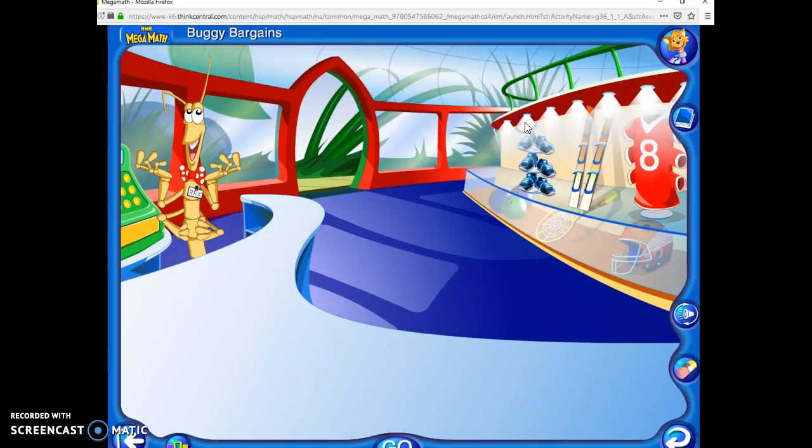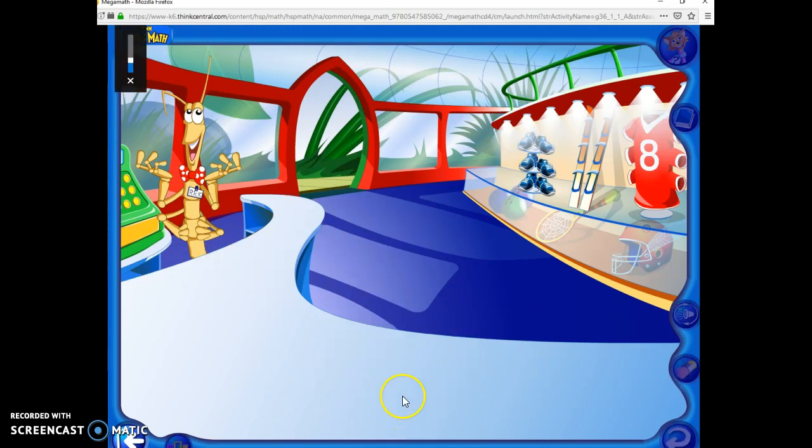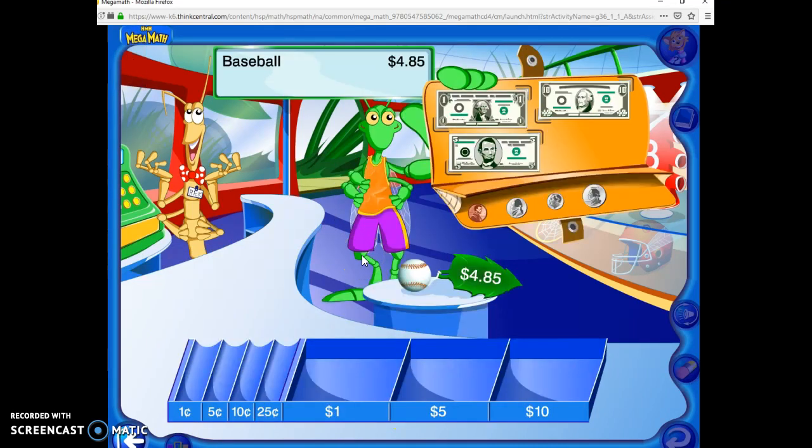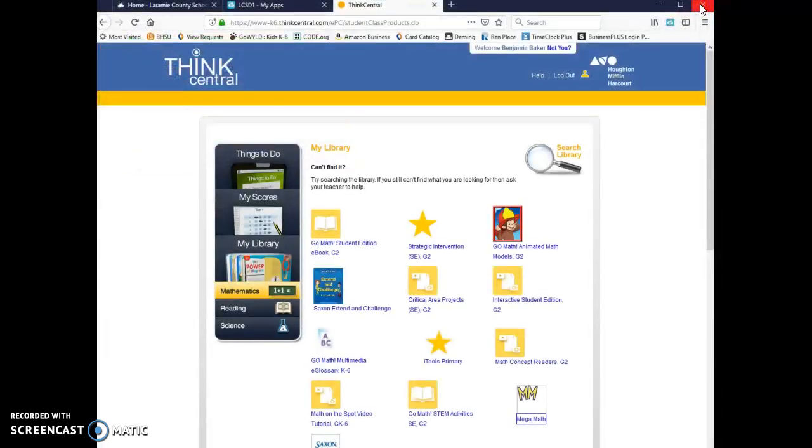you will have to maximize your screen, and then we go ahead and follow along with the game. The students have been exposed to these games in the computer lab, and instructions for their games is given at the beginning. Once a student completes a game or is ready to move on to another activity, you can simply click on the red X in the corner, and it takes us back to the MegaMath games. If you want to get back to Think Central in My Library, click on the red X again, and you're